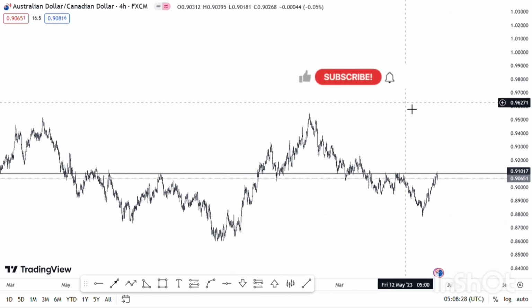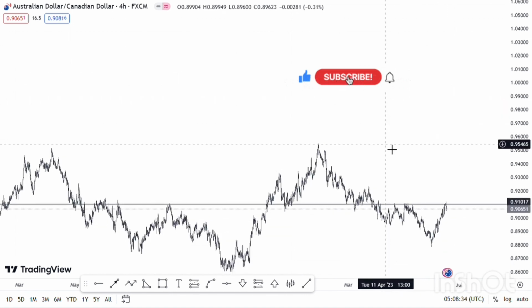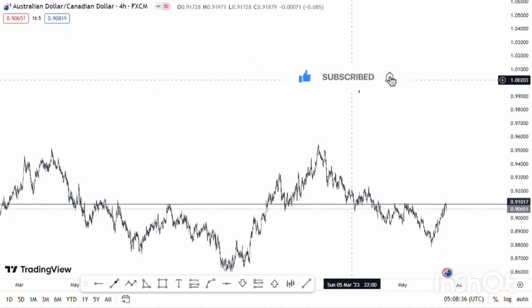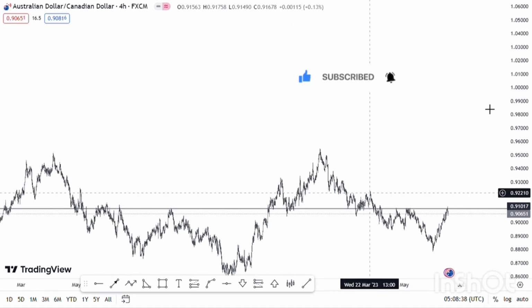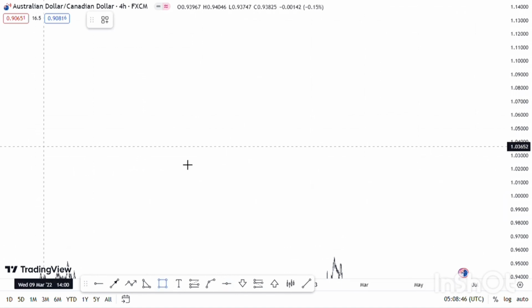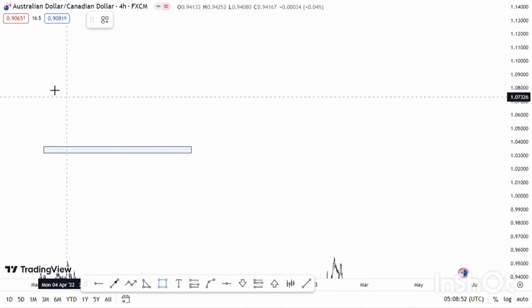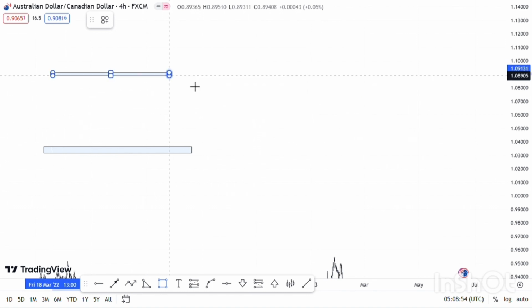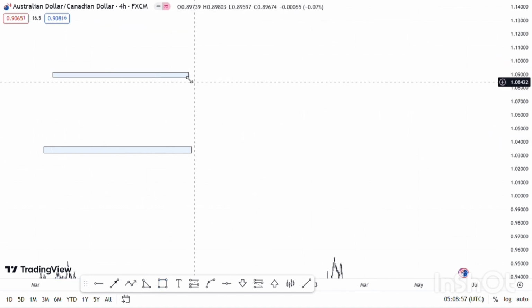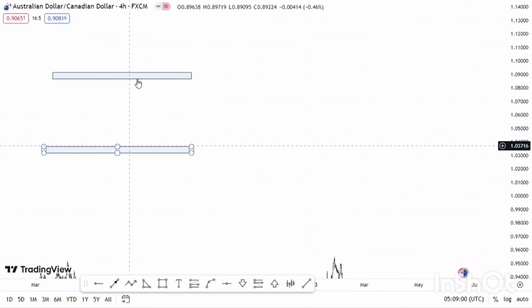So let me not waste any time. I'm going to the theory part and then come to the practical side, and then you can see how to apply them. So here I'm going to draw this, this is my support, this is my resistance. I have a support and a resistance right here, and then